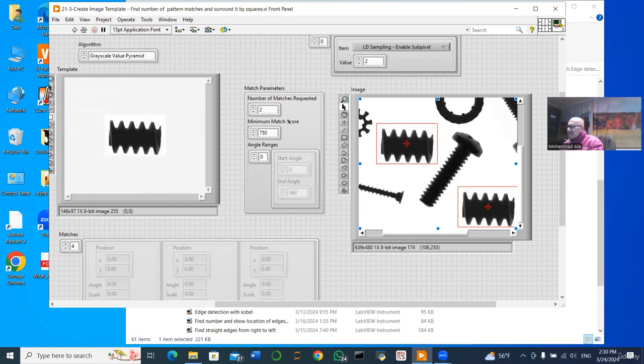I have made a template for this screw, for example, and then I asked the IMAQ match function to tell me how many elements of the basic configuration I have. So if I run it,